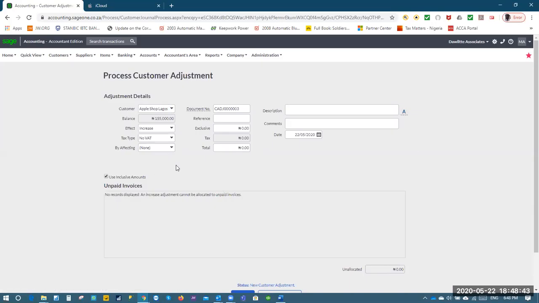Now, what is the effect of what you want to do? The effect is that you want to increase the affecting account. The affecting account means the account you want to debit. In this case, the system is going to credit your customer, which is in receivables. As you are crediting receivables to reduce the value of receivables, you are debiting a withholding tax receivable ledger. Now, you say you are increasing, then you select